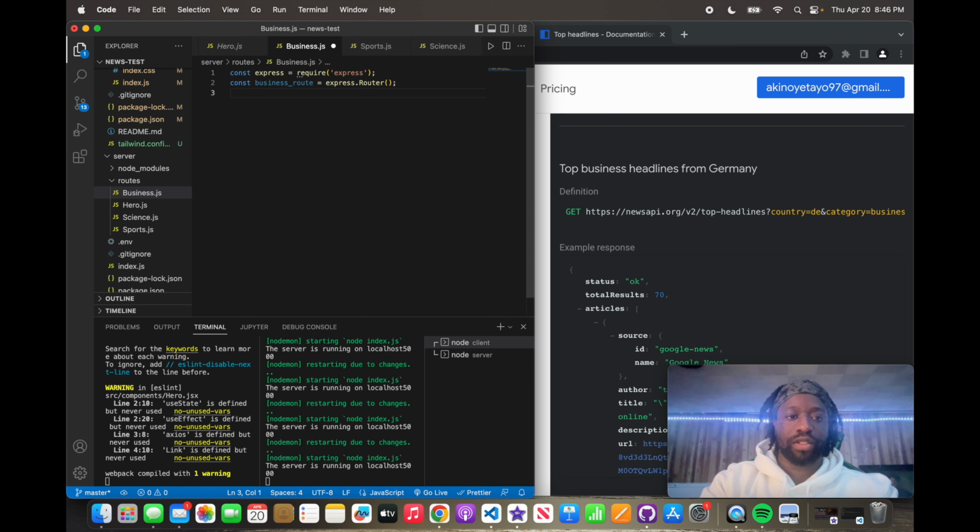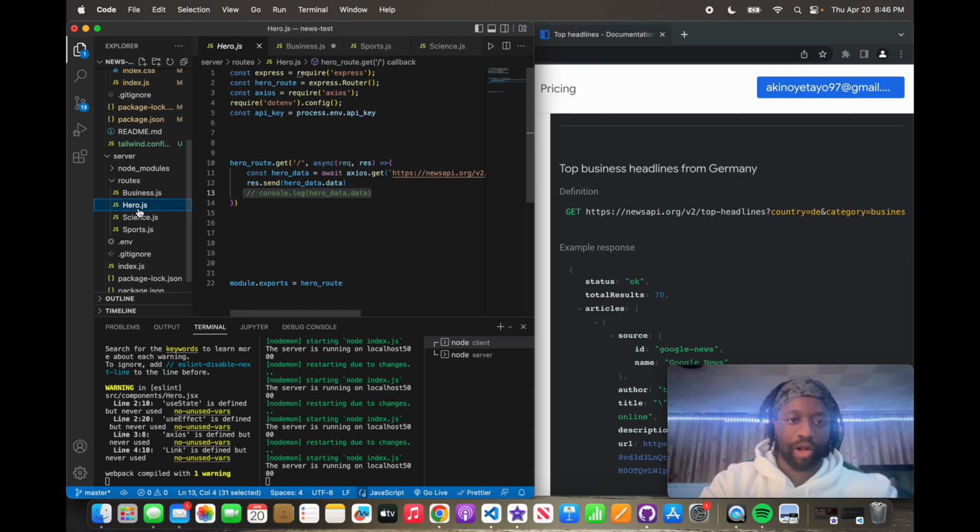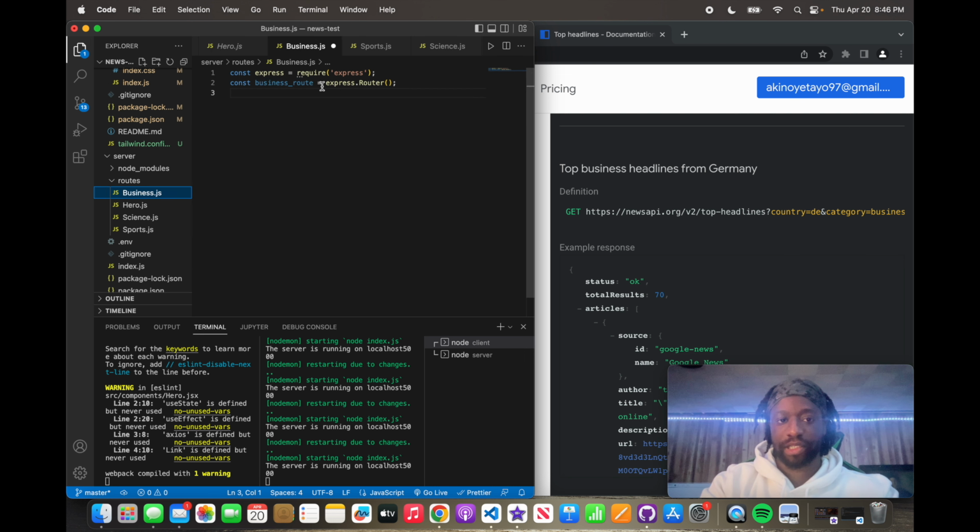Cool. So in the hero part, we just called it const heroRoute express router, but because we're using business, I called it business route. It's a variable, you can pick whichever one you want. I'm just trying to make sure it's easily readable. So what I want to do is module.exports is equal to businessRoute. So we're exporting this business route, and we're going to come right back to index.js here,